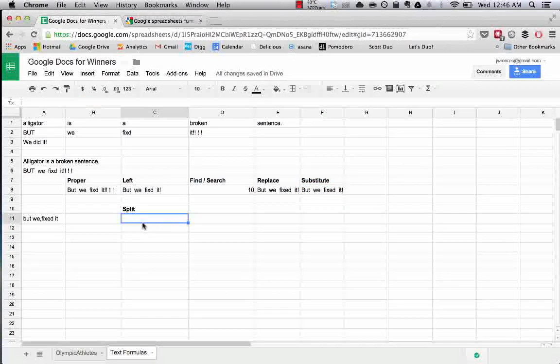The last thing I want to cover, which is incredibly useful if you've ever done anything like import a CSV file or mess with a bunch of exported data, is the split function. What the split function does is it allows you to split existing data on any character that you tell it to. For example, you can see that we